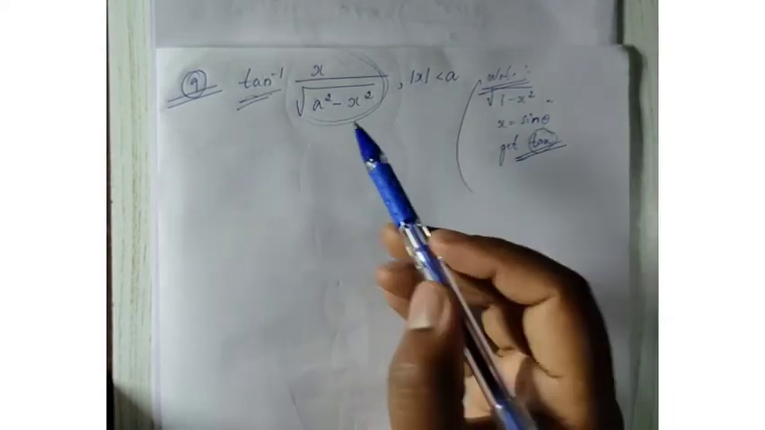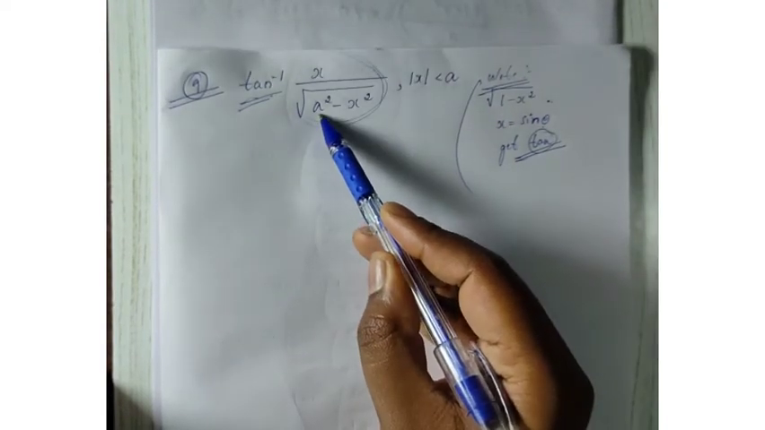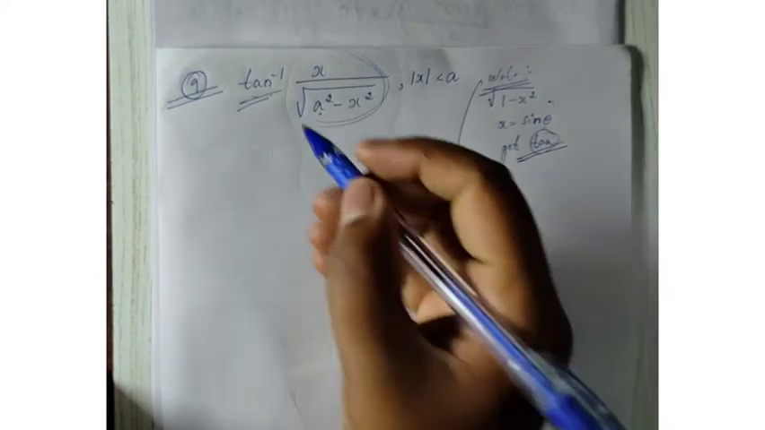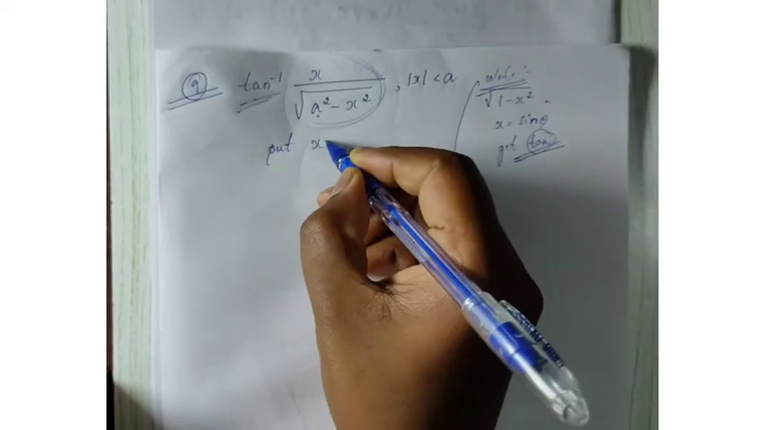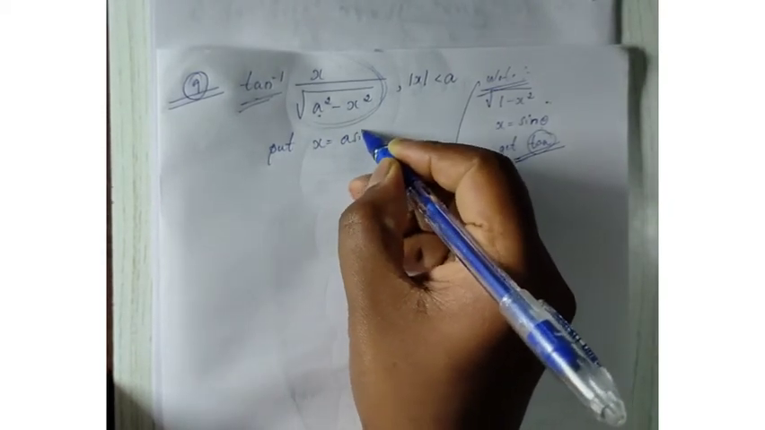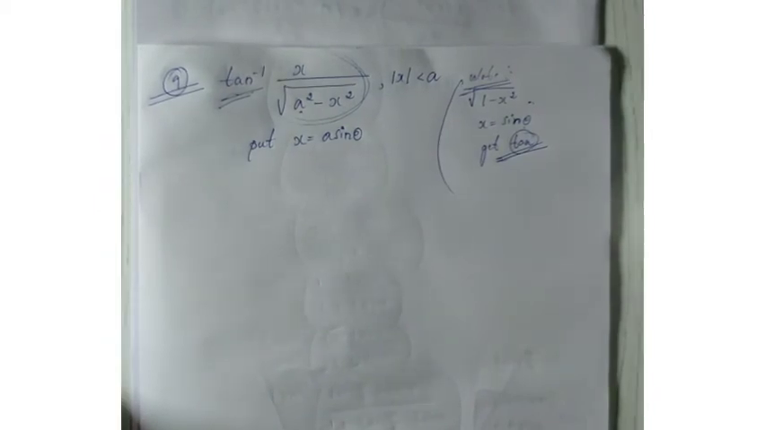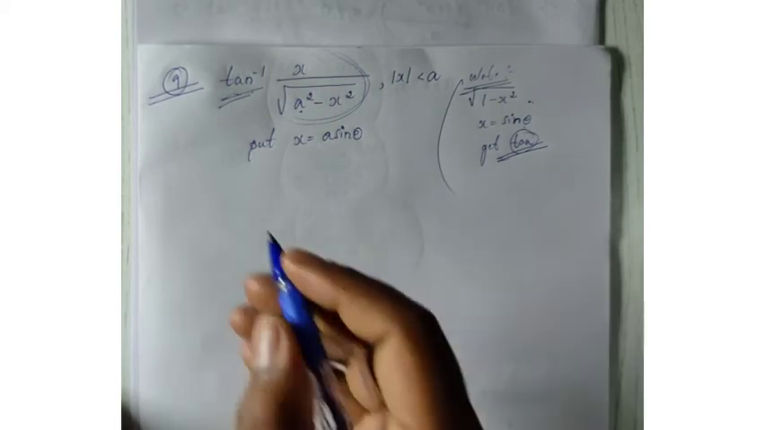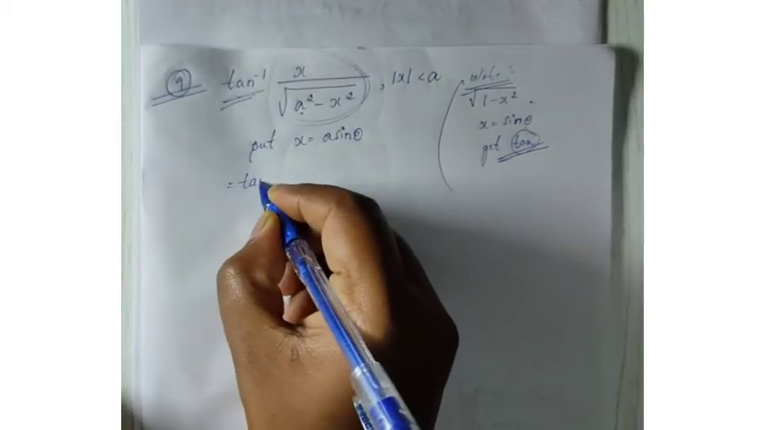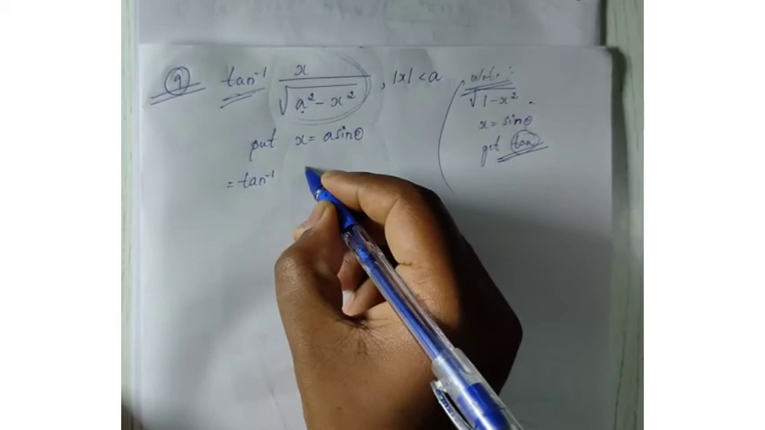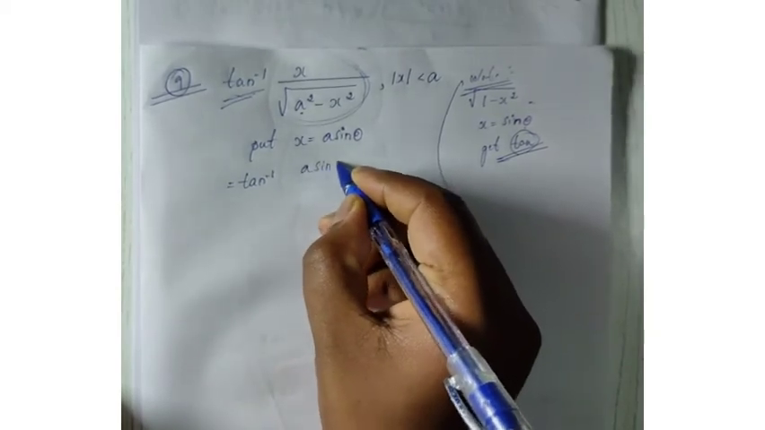But here if you observe, you can see the presence of a. Therefore, what will be the value of x then? What can you put as x? So here we put x as a sine theta. This is mainly to remove the square root. Fine? Okay. So here, therefore, tan inverse of x as a sine theta,